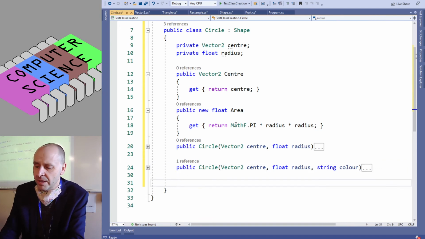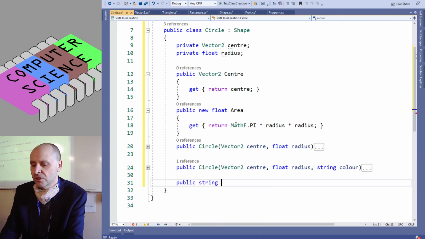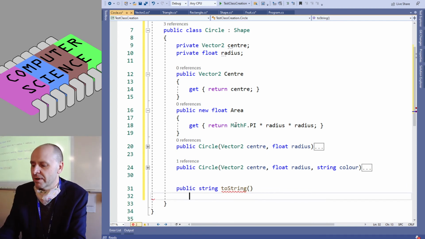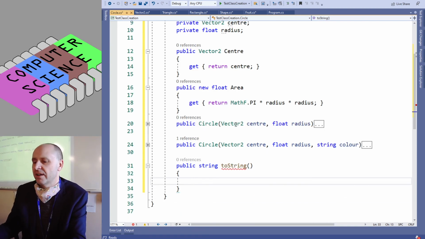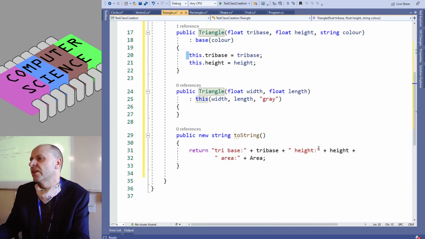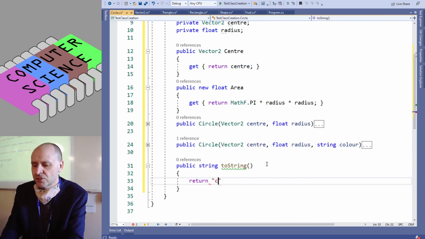So that's public string ToString. It doesn't have any parameters, and it's just going to return some description of the thing. Right, so I want to keep it in the same sort of format as the other one, so I'm just going to look at what I did for the triangle. Oh, so I had the name, parameters and area. So I'm just going to say circ,